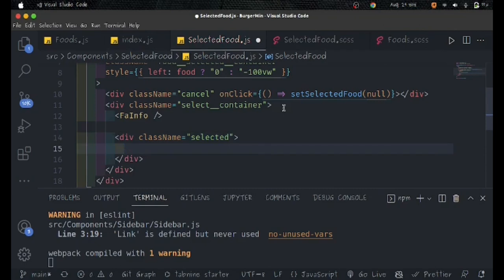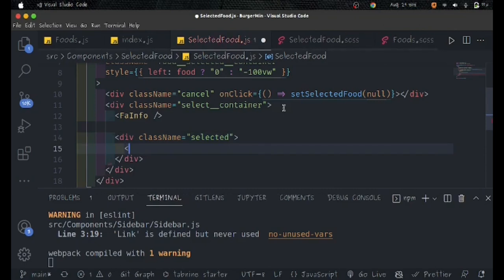And also here we are going to distinguish it from a div className, which is going to be for selected top,